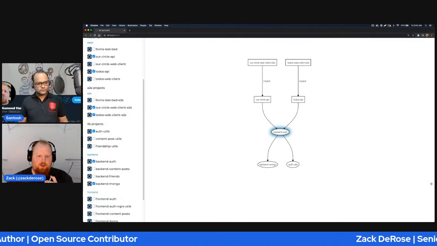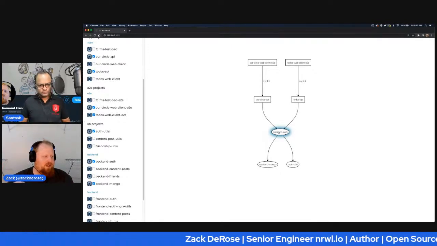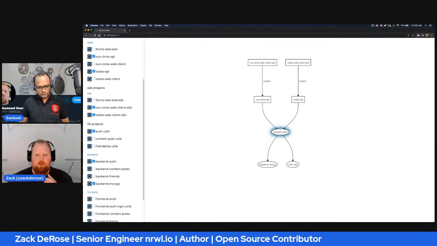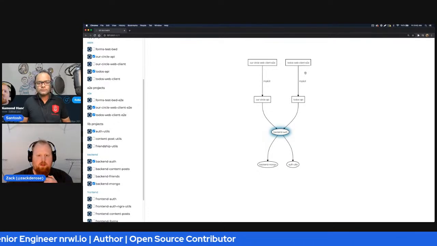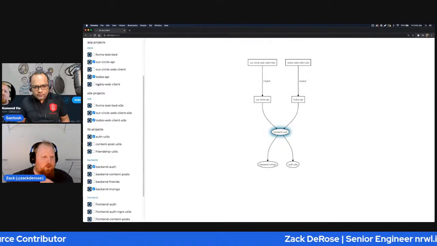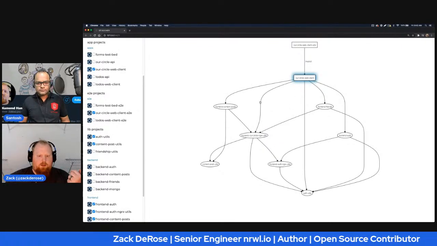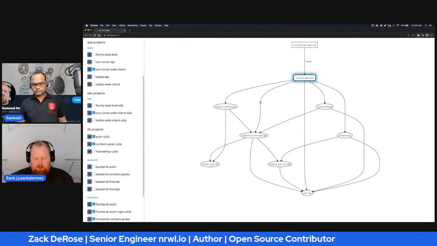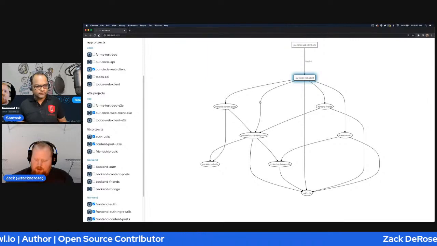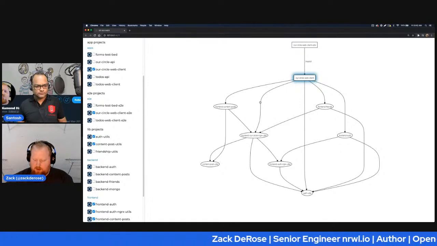Obviously, looking at the backend auth module here, there are back end and front end modules to this project. So we're using Angular on the front end. There's a couple apps going on. You can see there's the web client here. Let's maybe focus those real quick. And then we're using just plain Node in the back end, and there are NX Nrwl supported libraries for each of those, and we'll get to those later.